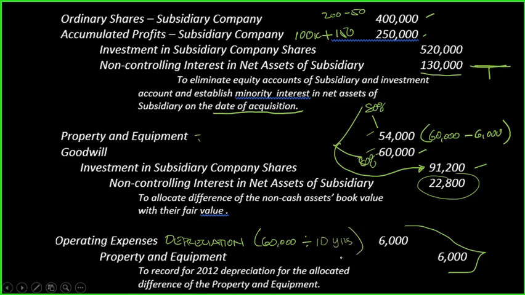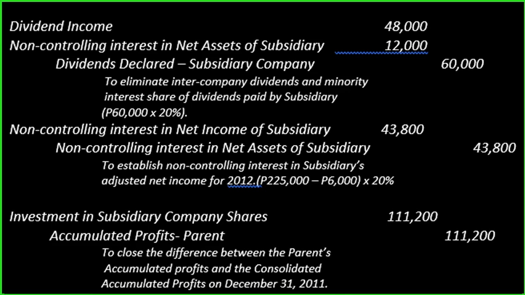Okay. Kunyari nag-enjoy ka pa. Malapit na tayong matapos. 48 and 12. That's 80 and 20% of 60. Okay. And then you have the minority interest, your non-controlling interest in the net assets of the subsidiary. Okay. At saka sa net